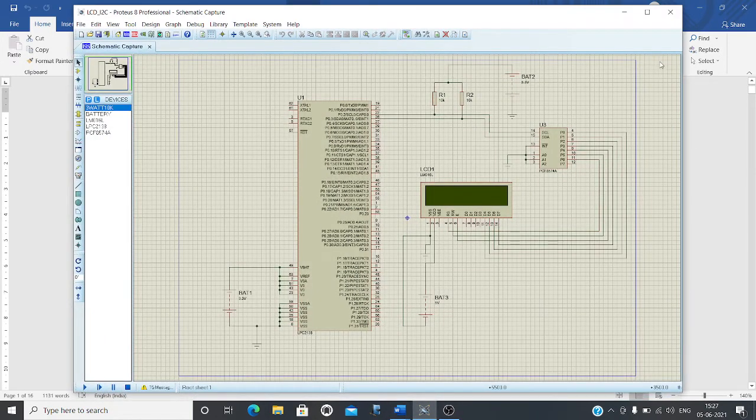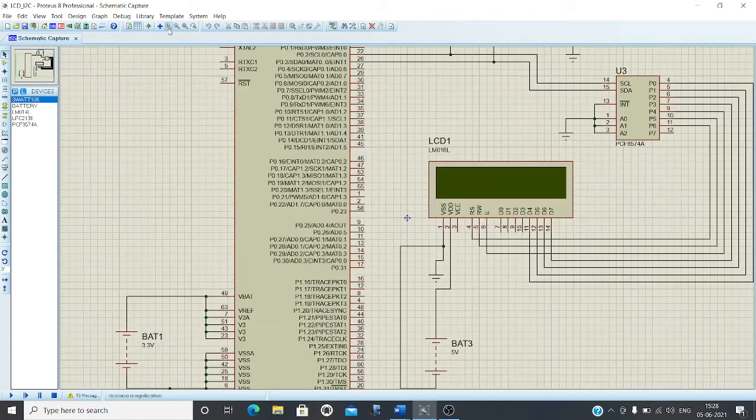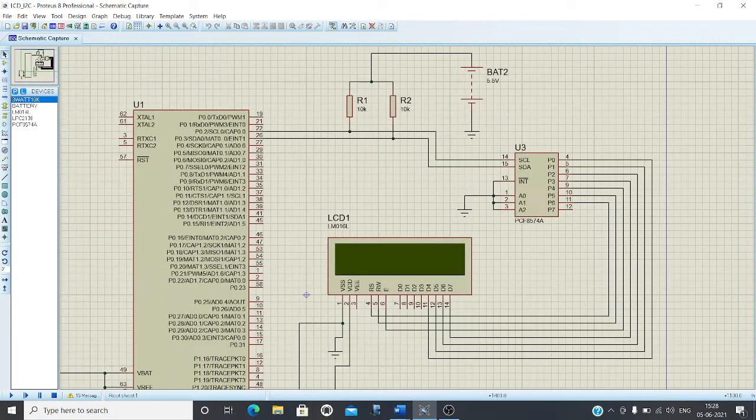So this is our circuit diagram. Here is the LCD device and here is the LPC2148, and you have two connections. One connection stands for SDA, another connection stands for SCL.